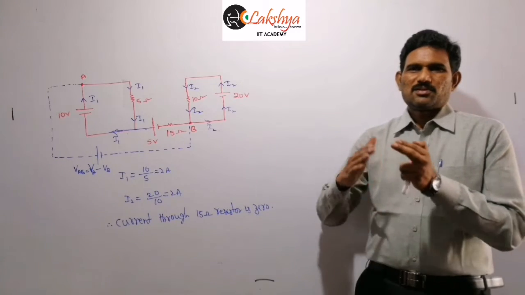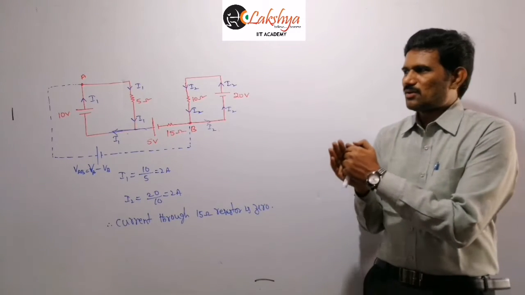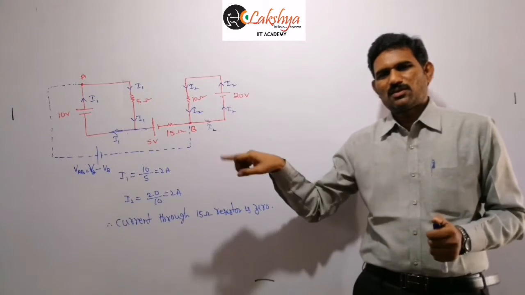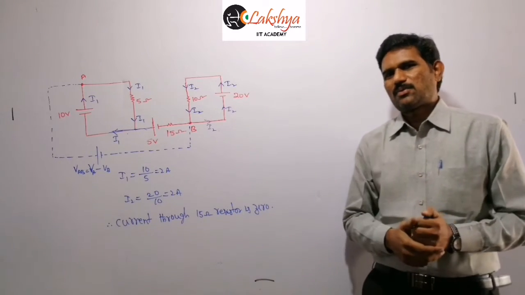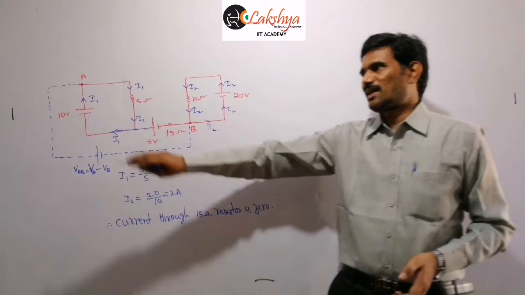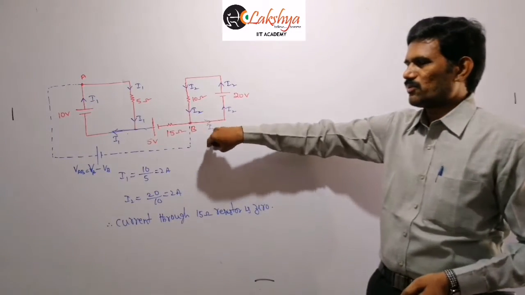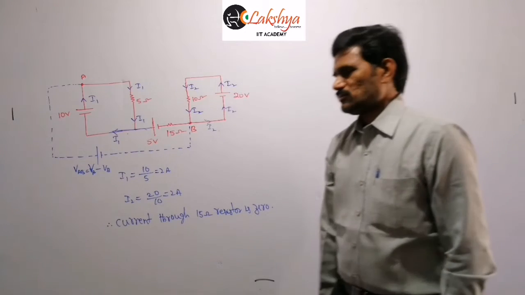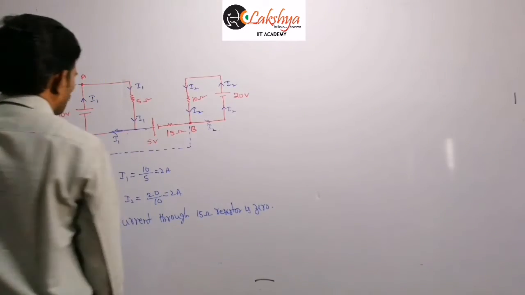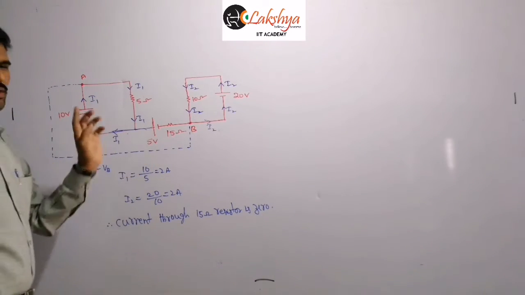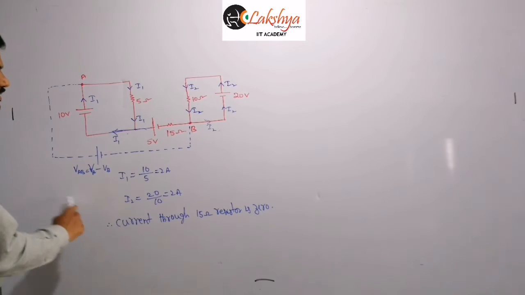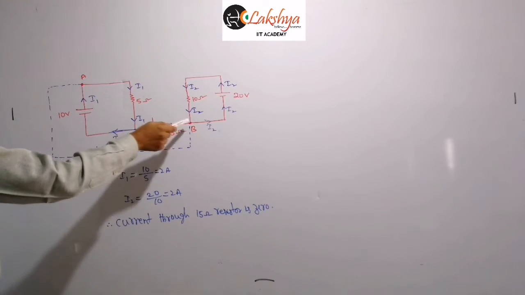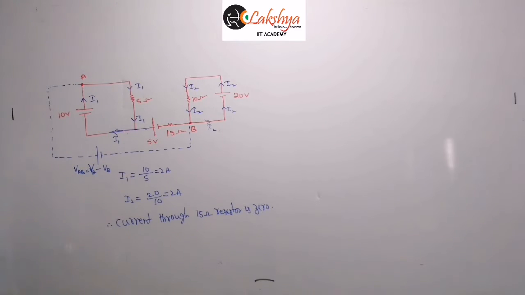When we started this class, we discussed the 2 methods for this, when an open branch is there. So this is one method, and the second method is directly applying from one point to another point. Or you can apply by assuming some closed loop here, right? Now when you are applying this closed loop, for this loop if you want to apply the Kirchhoff voltage law, you can apply along any path here. You can come across like this and follow like this, or you can also follow like this. You will get the same answer.